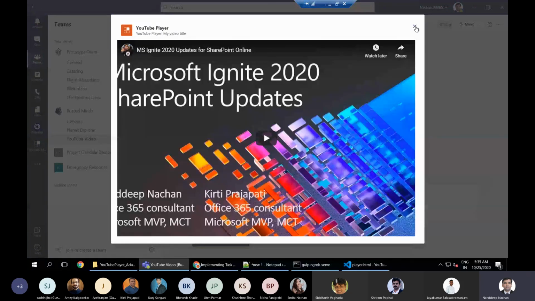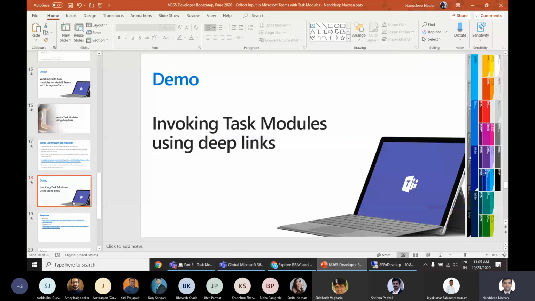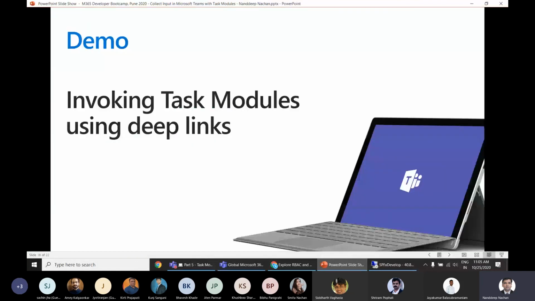So I think, yeah, that was all I wanted to cover. Let me check if I missed anything. But yeah, again on the resources front, you can go back to this Teams documentation. For task modules, you can refer to this task modules URL from